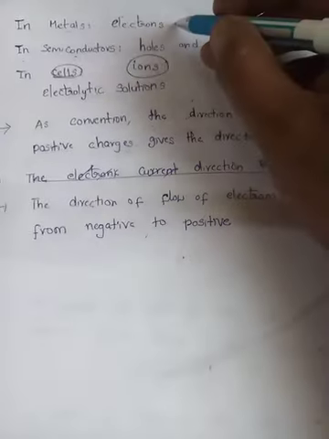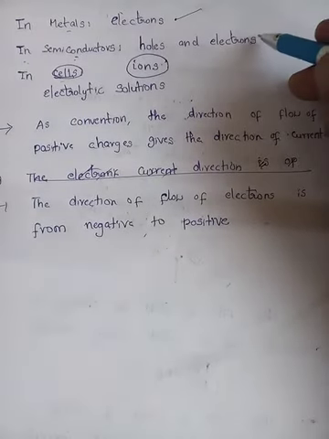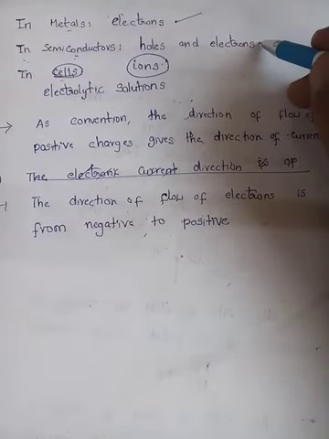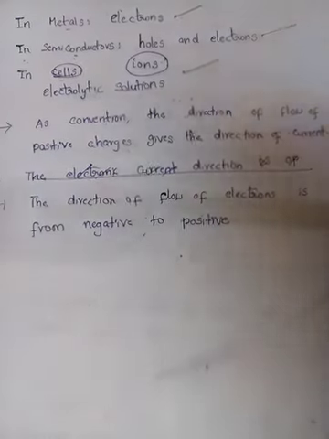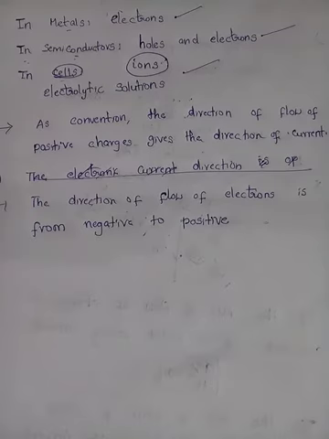And we come to know what the charge carriers are in metals, the current carrying conductors. Semiconductors, holes and electrons. In electrolytic solutions, ions. Insulators won't allow the current because the free charges are very few in insulators, and all the metals are good conductors of current because they have more free electrons, so that they can flow easily and produce electric current.